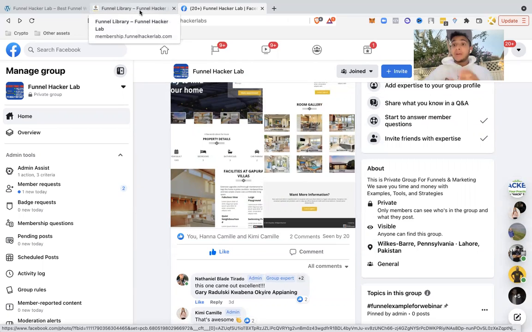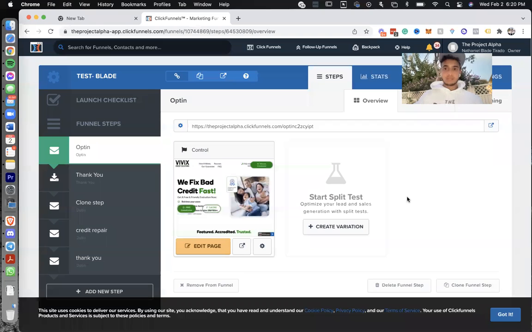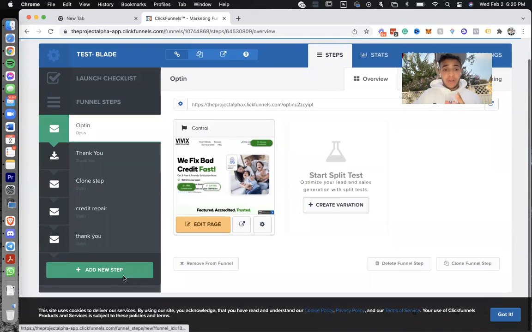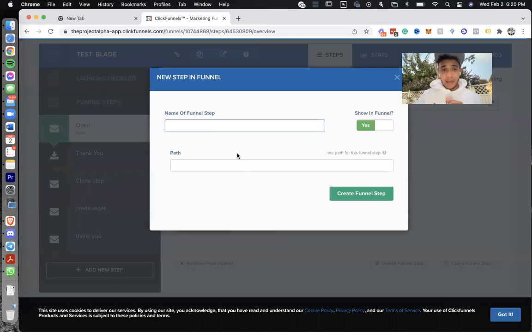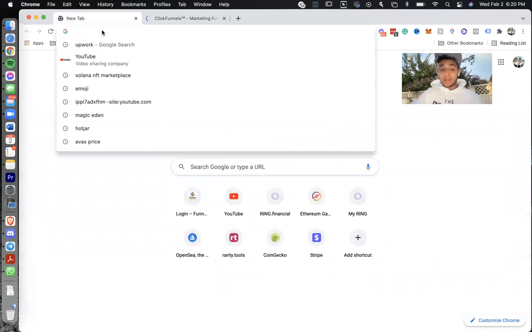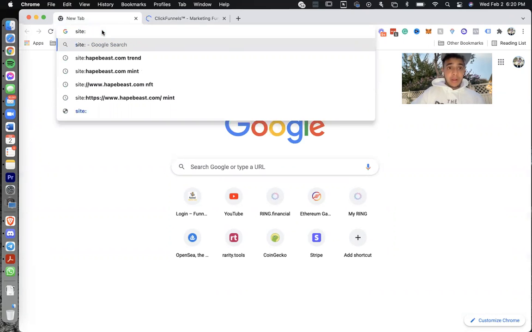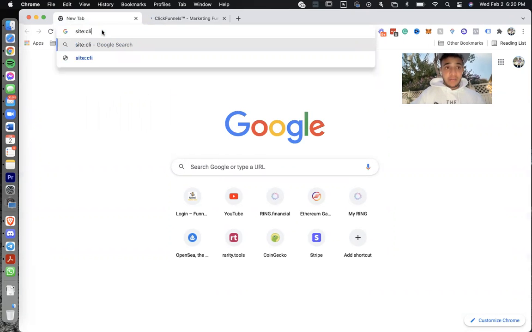Third way is by utilizing our funnel cloner tool. So let me show you exactly how this works. So I just opened up my editor. I'm gonna go over here and press add a new step. Let's call it test, create funnel step. Okay, so now we're going to this other tab over here. What we typically tell everybody to do is, I usually just do this. I go site, boom, and I look for